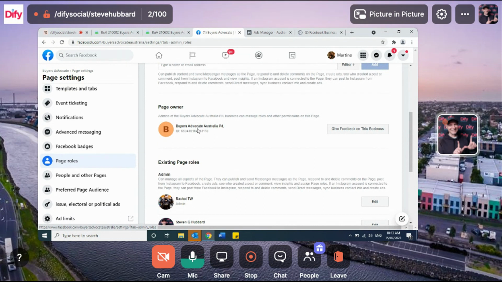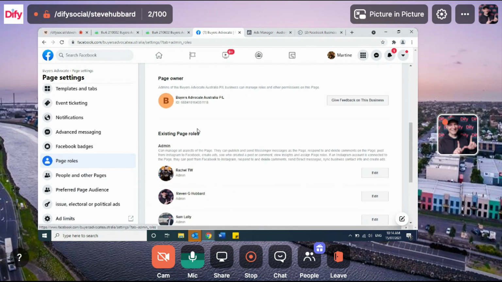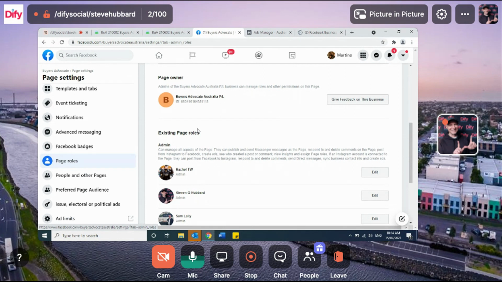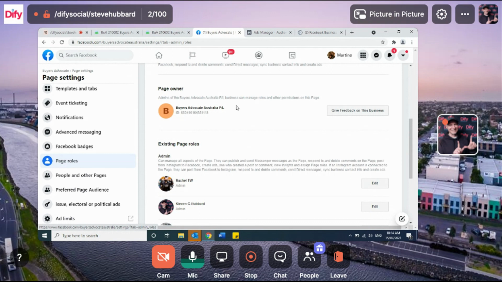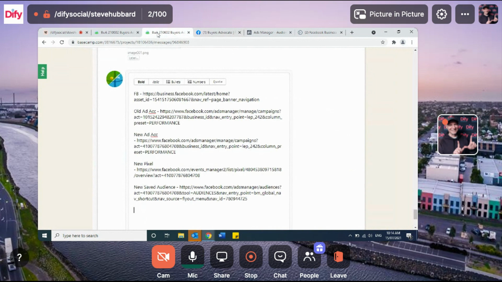So the question is, who can access that, right? Because effectively that's been created. So what I might get you to do is copy that ID. See at the scroll up there. Just copy that little bit of ID. I mean, you could paste it into Basecamp to start with. Business ID. And see,